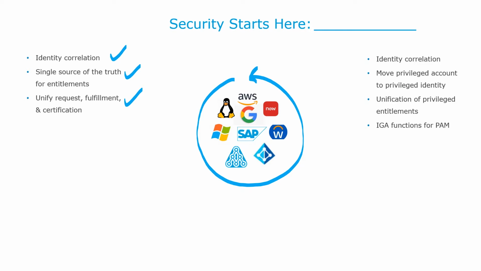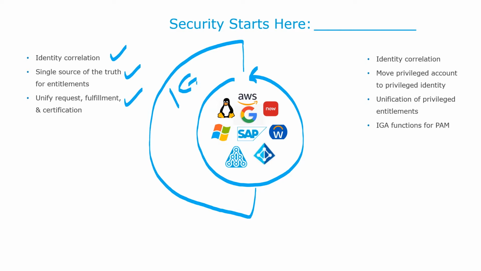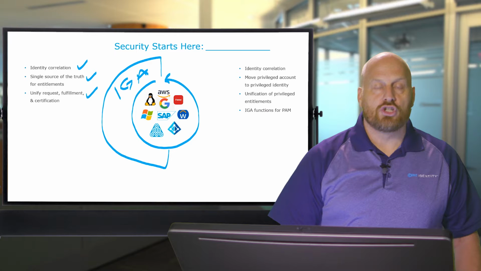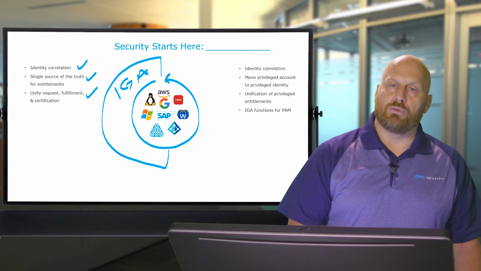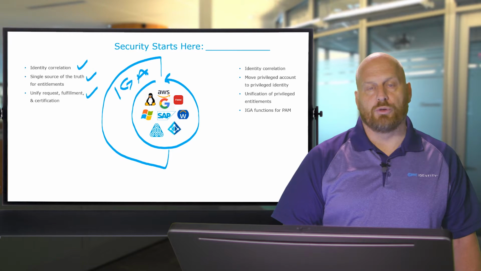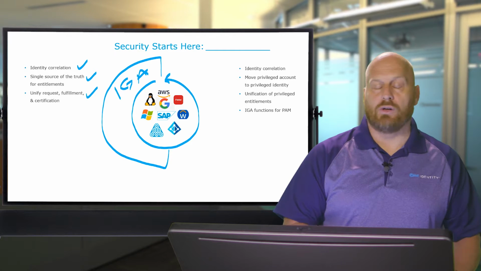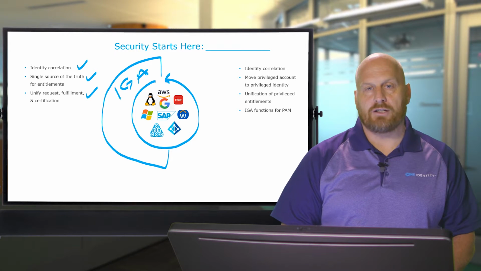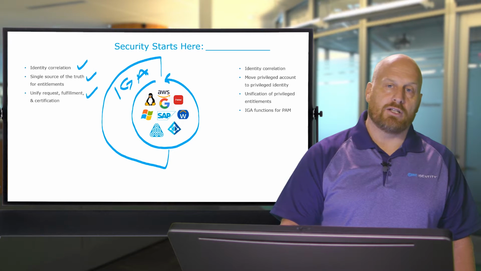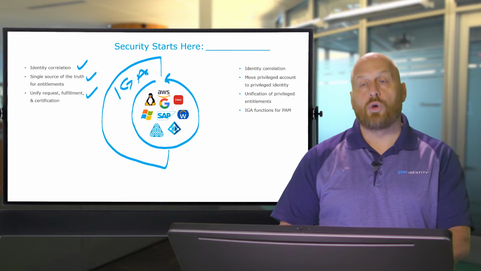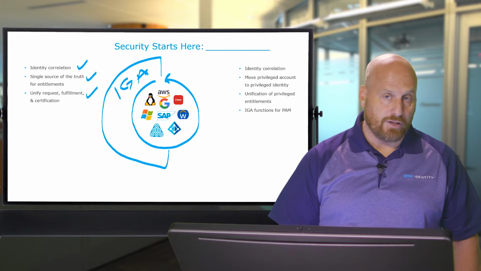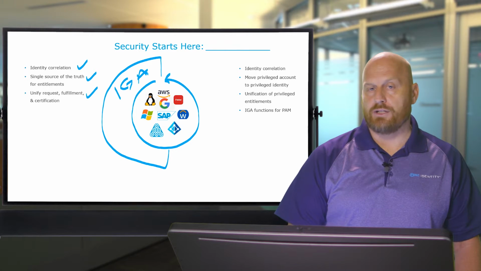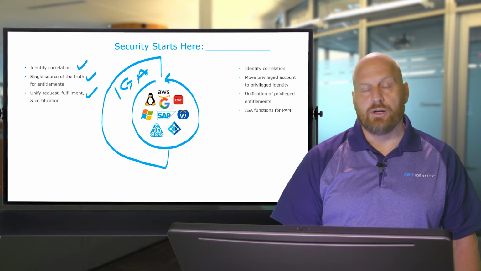So those entitlements can be perpetuated out to the number of things that have to happen. That then gives you the ability to unify that repetitive process we talked about earlier of request, fulfillment, and certification. That's a concept called identity governance and administration, or IGA. So all those things that have to happen, somebody needs to make a request, somebody needs to fulfill and do provision, somebody needs to do certification, everything involved in making sure that all that stuff happens right. If you can base everything on a single concept of identity, correlate all of the accounts so that now you have this single source of the truth, it makes the process of doing request, fulfillment, and certification much, much easier.